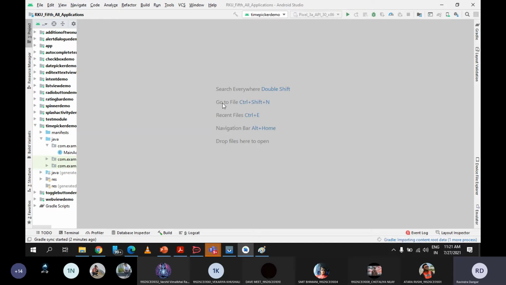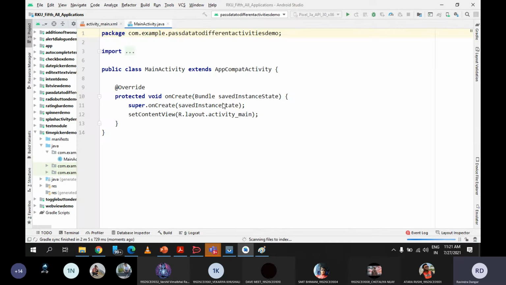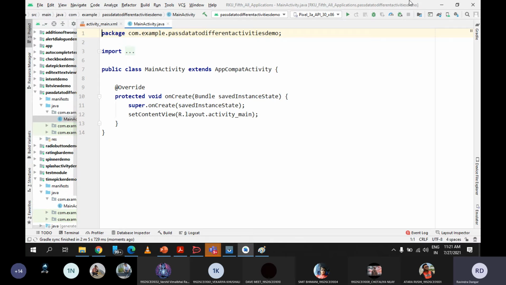Don't worry. In the onCreate method itself, you mostly find the class Bundle and its reference. You can see here, this is the class Bundle. There are a few methods like putExtra and getExtra. If you want to send data, then we can use putExtra, and in the second activity, if you want to receive it, then we can use the getExtra method. These methods belong to this Bundle class, which we are going to discuss.